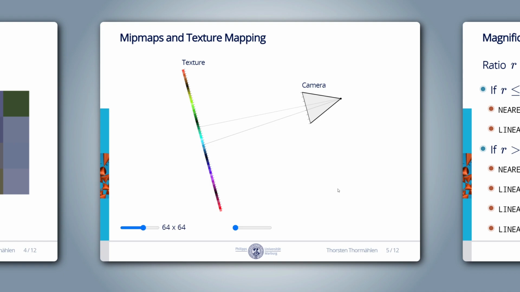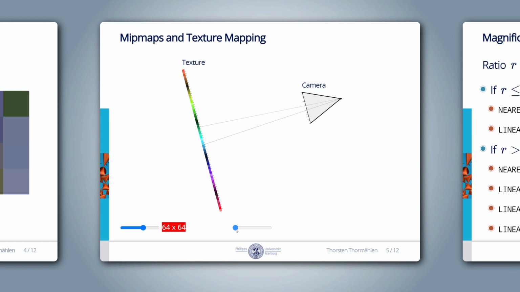To not confuse the pixels of the frame buffer with the pixels of the texture, we call the pixels of the texture texels in the following. So this texture has 64 by 64 texels. To determine the color of this pixel in the frame buffer, we would need to average all these texels which are within the footprint of the pixel. For this example, we would need to take the average of 1, 2, 3, 4, 5, 6, 7, 8 texels. Computing the average at runtime in a shader would be very slow, especially for 2 dimensions on a large texture. Now our mipmap levels come in handy.